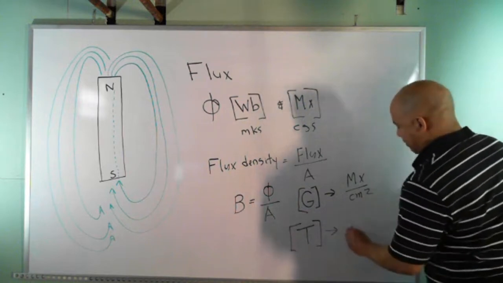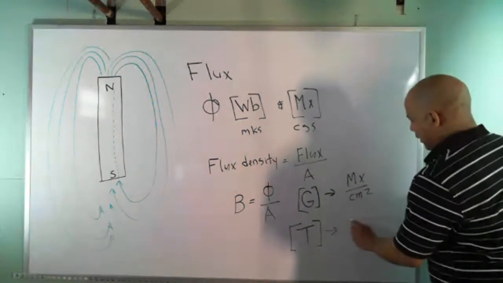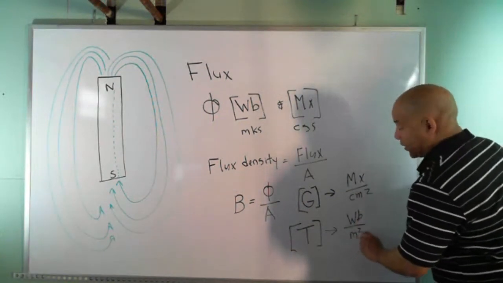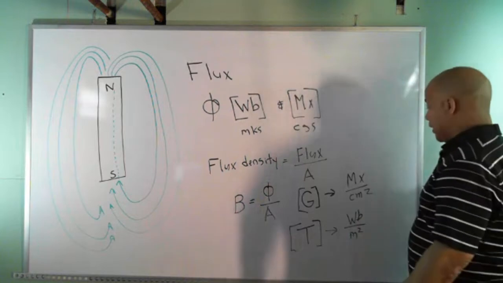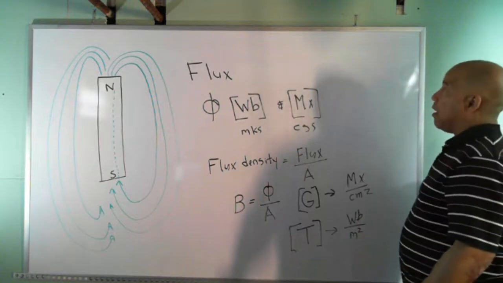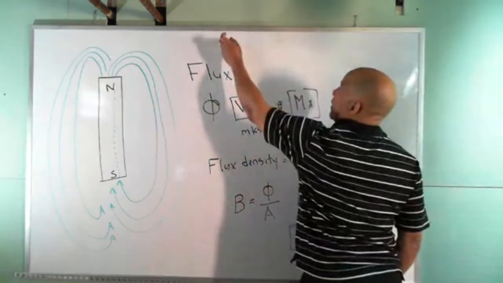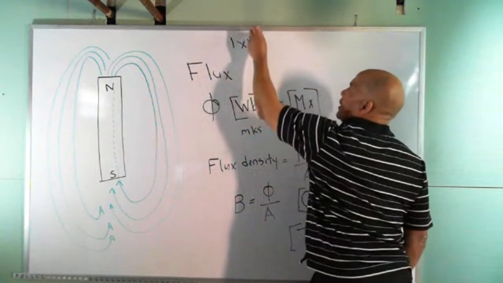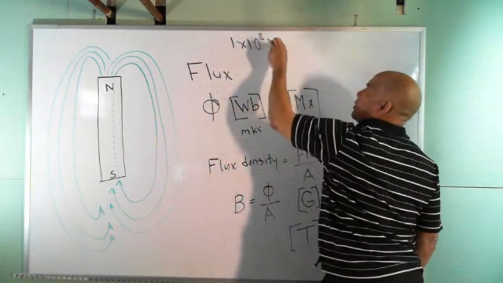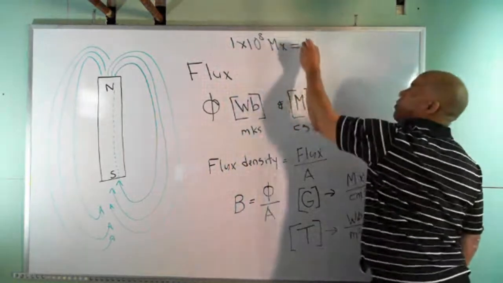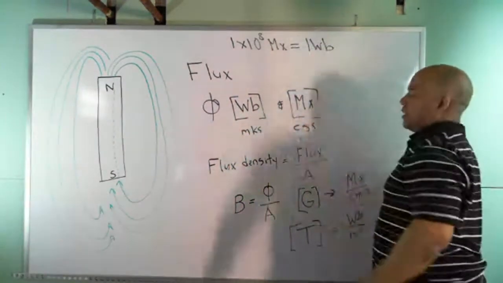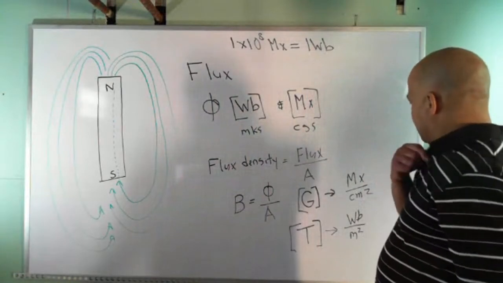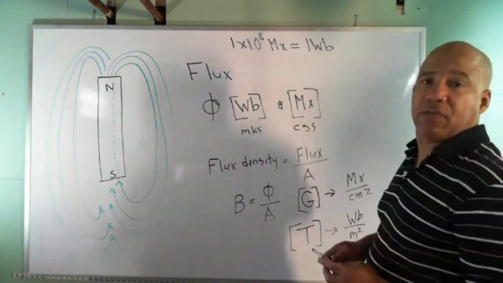And we said a Tesla is a Weber per meter squared. So this is just some of the vocabulary that we talked about. I also gave you a conversion factor that 1 times 10 to the 8th Maxwells is equivalent to 1 Weber. So these are all things you want to write down and make sure that you have access to these for